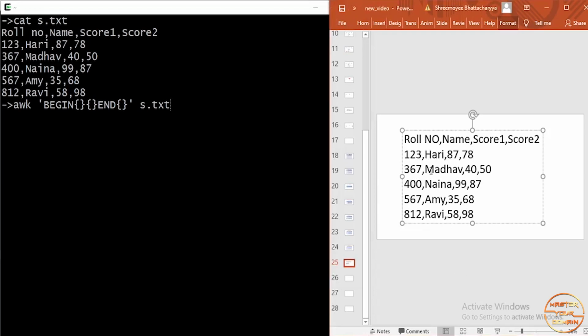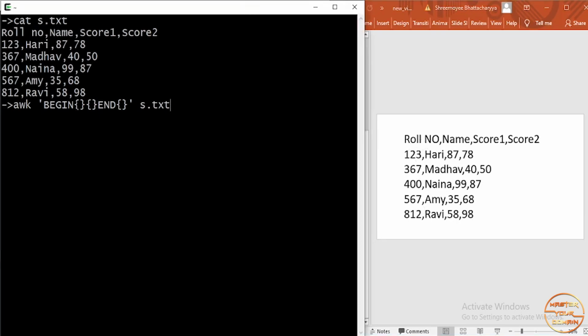Now as you can see, these fields or columns are separated by comma. You need to mention this in the begin block, and the variable which stores it is FS. FS means field separator, generally the input file's field separator. For this case it's comma.